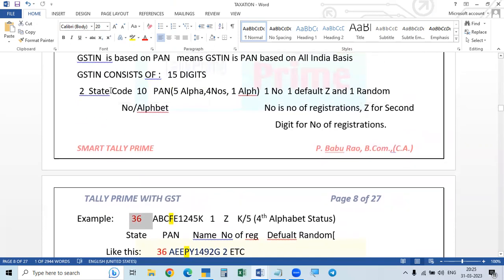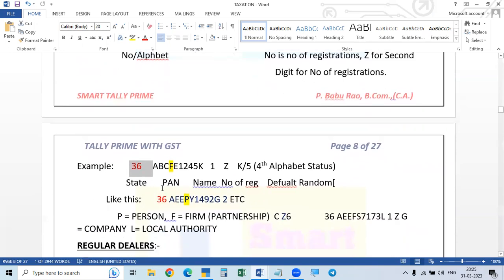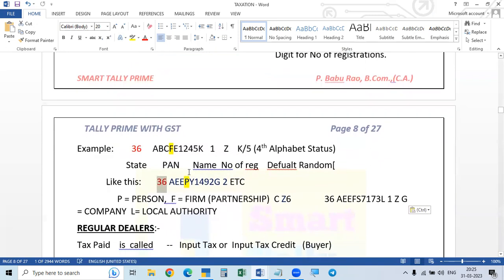Numeric means it is the state code. Every state in India has a code from 01 to 37. 01 is Jammu and Kashmir. So every state has a code number. If we go to Google and search for GST state code, it will display all the state codes. So the first two digits will be the state code, and then the next 10 digits will be